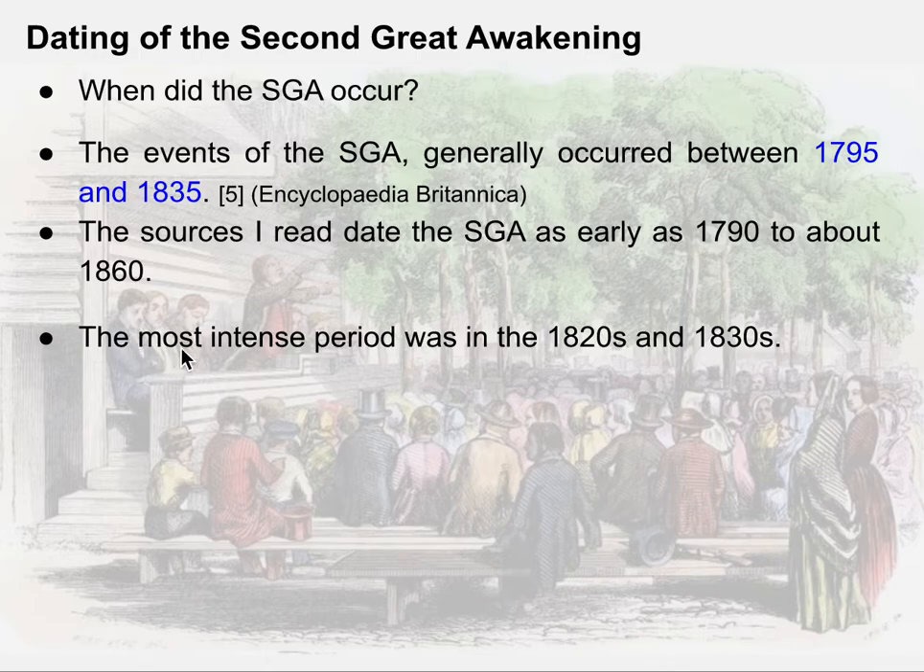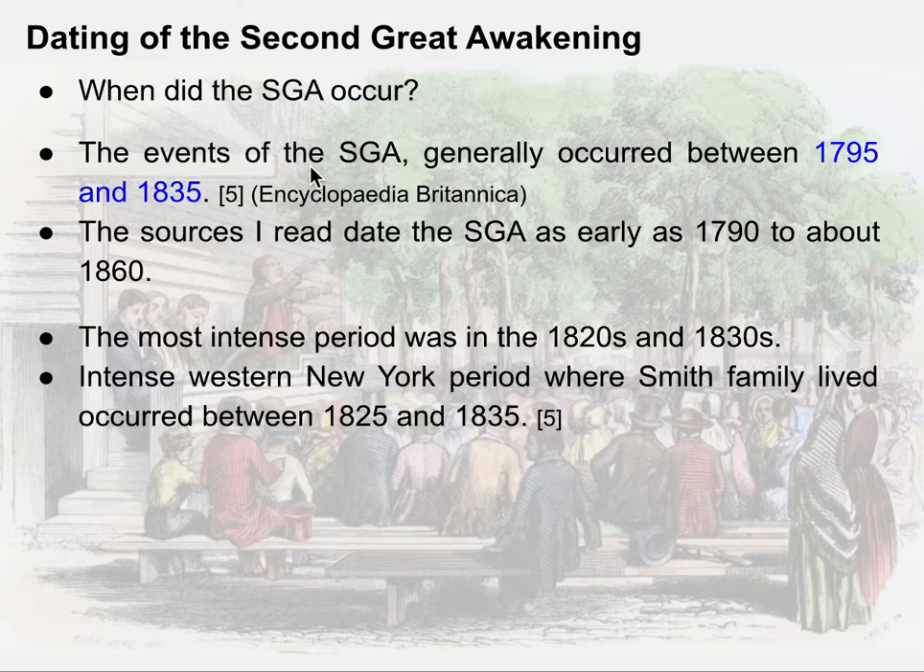But the sources also say the most intense period of the Second Great Awakening was in the 1820s and 30s. Wow, this is right during the coming forth of the Book of Mormon, and this is the early church. So the sources say this is the most intense period, and then Encyclopedia